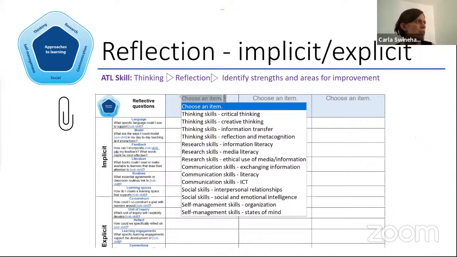Okay, so there's another document. I created 2 reflection documents for you. The first one that was shared was a self-assessment, like me as a learner and how comfortable am I with the ATL, my personal ATL development. And now I've just taken these ideas I've shared with you from implicit and explicit, and I've put them into